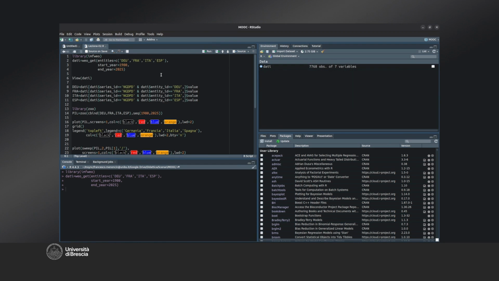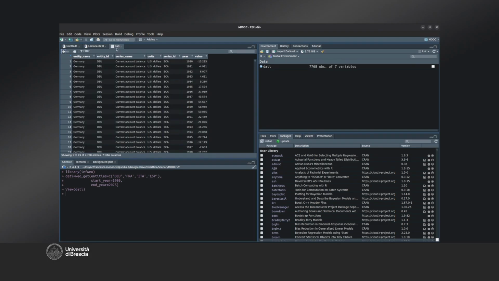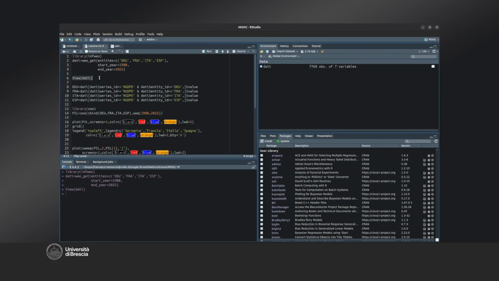To view this data, you can use View Data, press Ctrl and Enter, and it will appear. A screen appears from which we can see that all the IMF data for these countries has been downloaded, so the balance of payments, inflation, and population. But we are actually only interested in the GDP data, so we can go back to lesson number 2 and enter these commands.